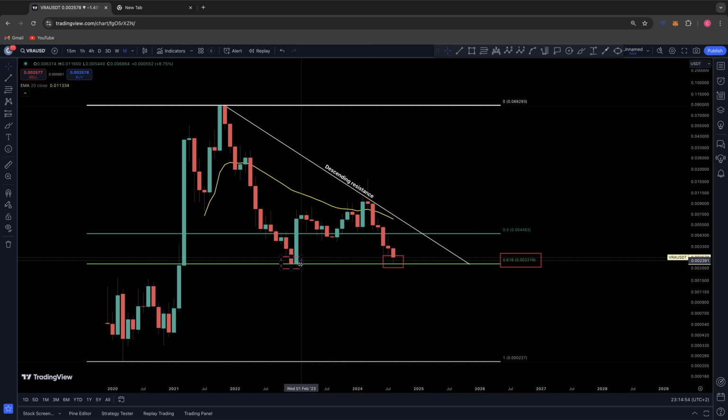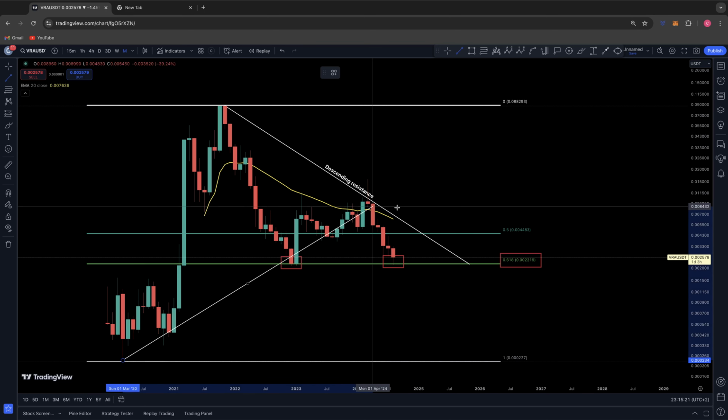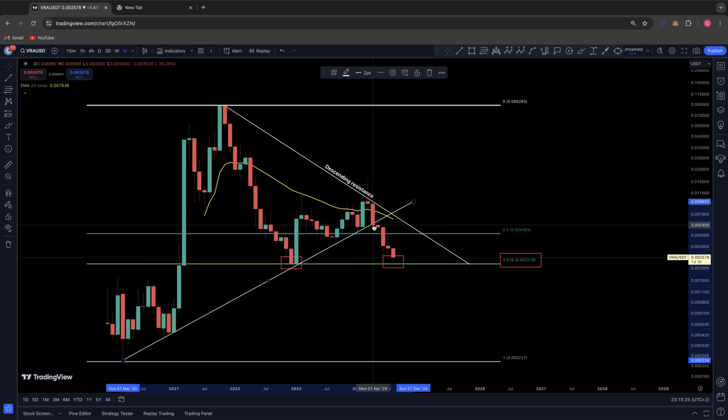0.0022, and ever since we had this key level of support, we bounced up to the 20 EMA, got rejected, came back for a higher low, and then retested this EMA a couple more times and got rejected the following month. Now, at this point here in April of 24 of this year, we lost a key level of ascending support. So during April, we closed below this ascending support line that we were holding for the past few